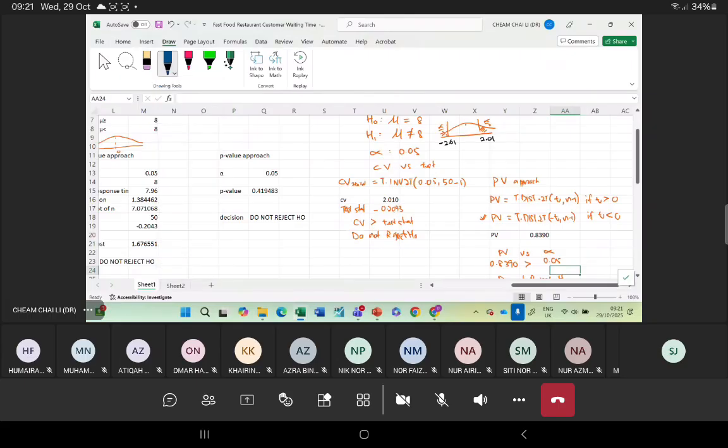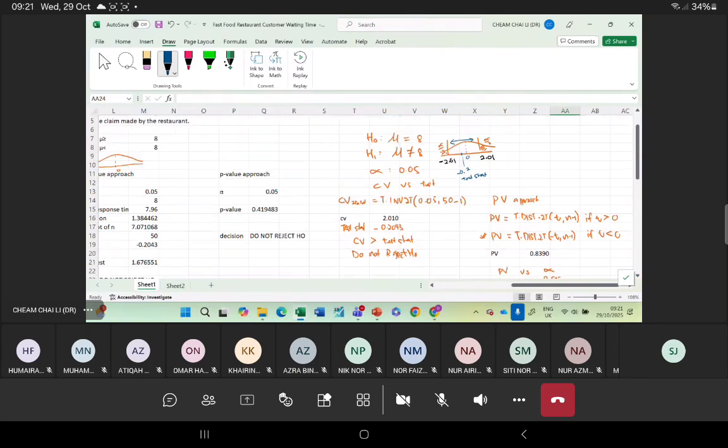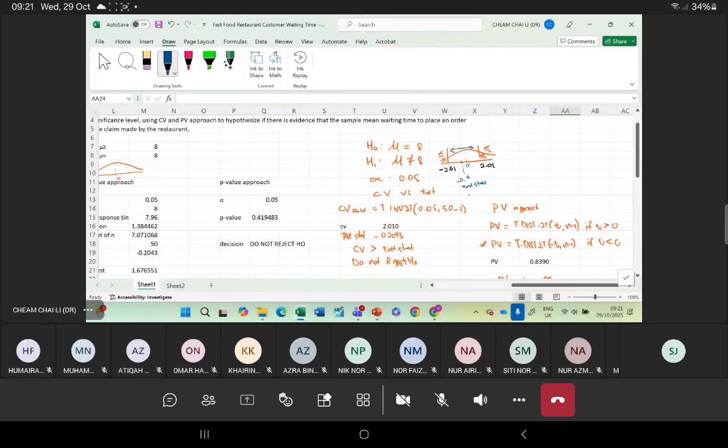So we know that this is 0. So negative 0.2 is somewhere here, right? So this is your test statistic. That means it falls in the do not reject region, atau acceptance region, right? So consistent lah, yang ni do not reject H0, yang ni do not reject H0, and yang ini pun do not reject